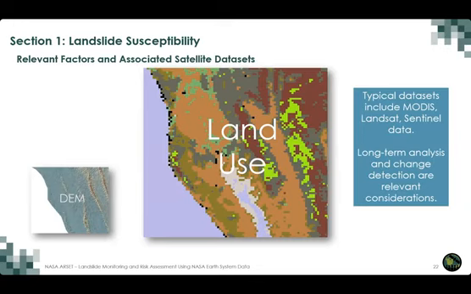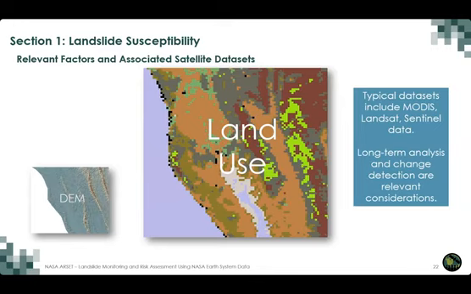So there are some other factors, of course, associated with where landslides occur. Land use is critical. We talked a lot about how the type of forest cover or agricultural land use or otherwise may be a strong control on slope stability. There are a wide variety of different Earth observation data sets that can be used to assess land use. MODIS has been widely used for many, many years, but Sentinel and Landsat have more recently become widely available and used to build high resolution or moderate resolution land use data sets. These are often available in both open source platforms and through archive centers,